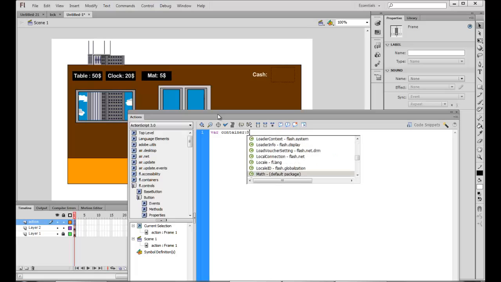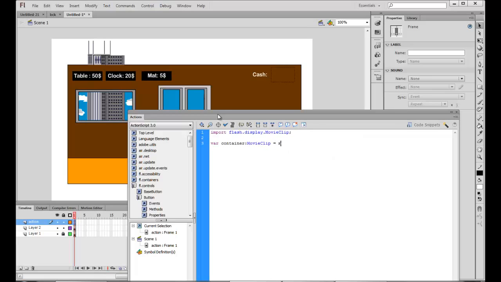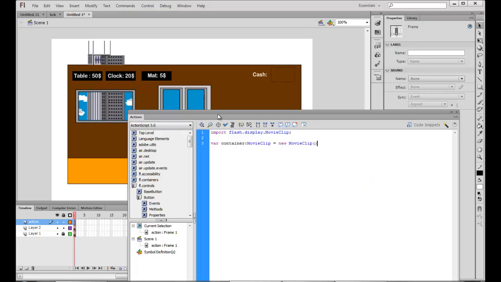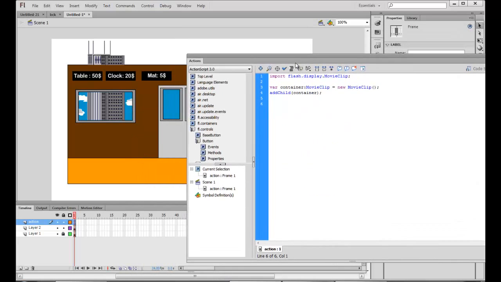It's going to be a movie clip equals new movie clip. This is just so that we are able to add the instances of all the variables that we'll be creating with addChild. So I'll say addChild, and first I'll add the container variable. Now this will contain the instances of all the objects that we'll be creating.